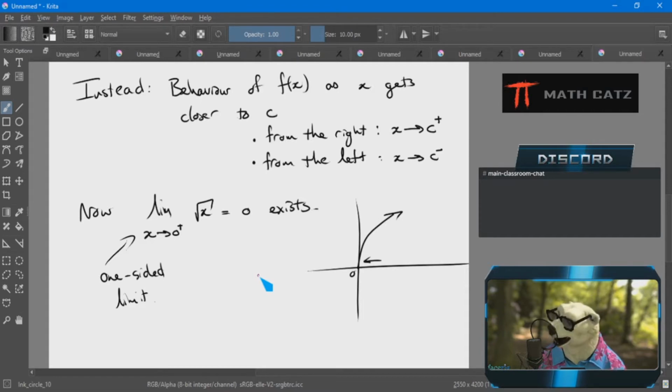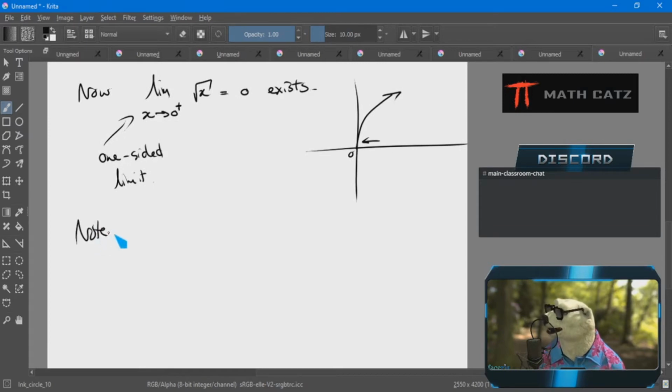I'm still looking at behavior. Everything is the same, but this little plus tells me restrict your view to the right side, or the little minus, restrict your view to the left side, because that is what makes sense for this function and this x value in question. Okay, so